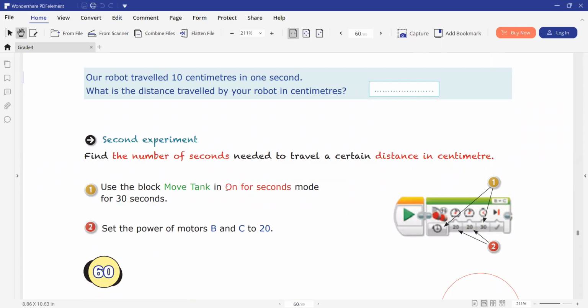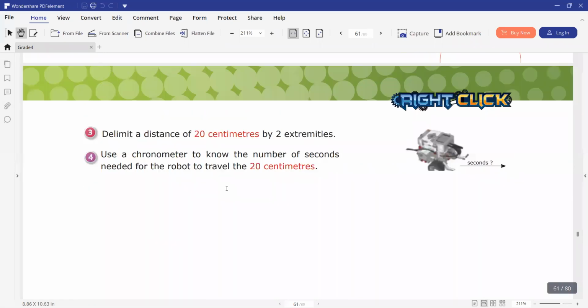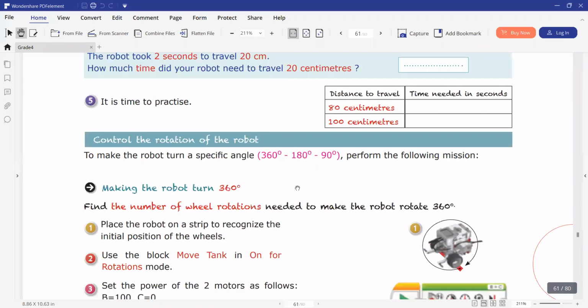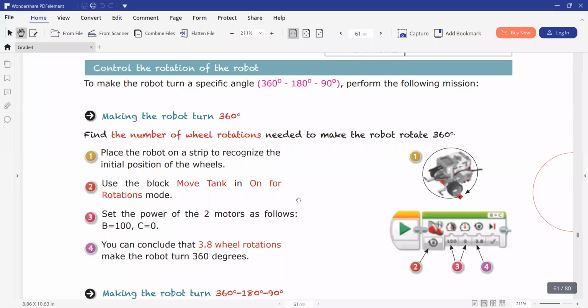All those lessons are well explained on our YouTube channel. If you select the robot section, I will send you also the link. Here we are making experimentation on how to make the robot move 20 centimeters and how to make the calculation and even to make the rotation